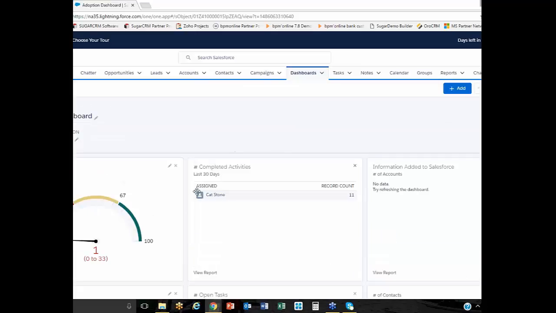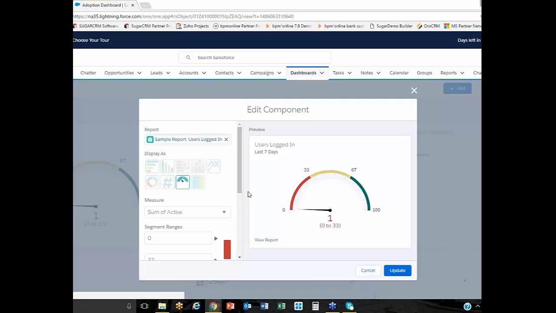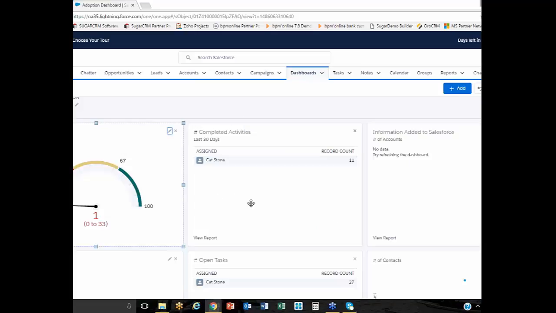So I go ahead and I hit that edit button here. I can rename the dashboard. I can add additional descriptions, and then I can get down into these dashboards and start modifying them, changing the values, moving them around, and so on and so forth, and really making it my own. Once I make these changes, I have the ability to save it, and when I do, it's going to ask me, do I want to save it also for the entire team or not? And so that's going to be available as well.